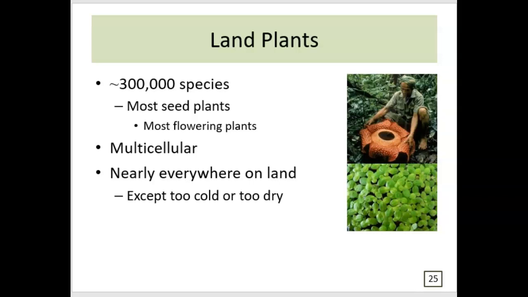They have really dry habitats. There are some plants that live in the water. So we think of those plants sort of secondarily invaded water. So they started out on land but have moved back to water. Lily pads, for example, duckweed is the picture on the right here. But if there's land and there's enough water to support it, there's probably a plant that lives there.